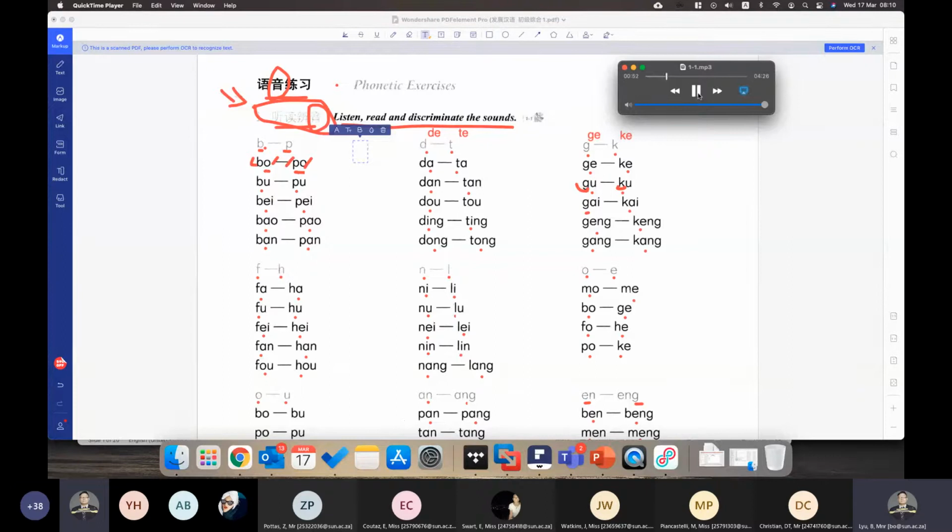波，坡，扑，杯。Bo, po. Let's all read them. 胚，pei，包，bao，抛，pao，班，ban，安，an。看。